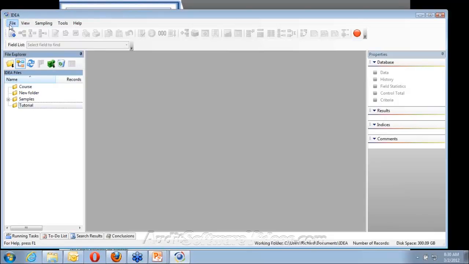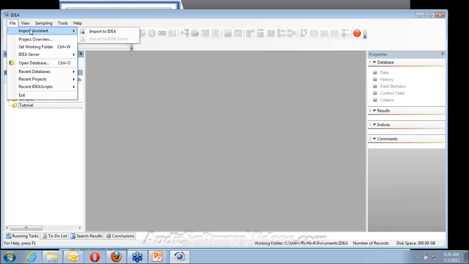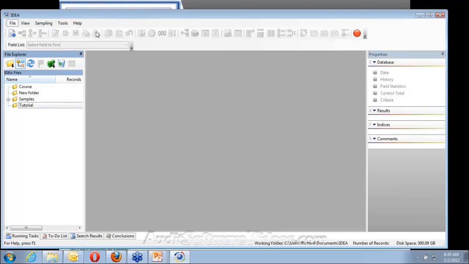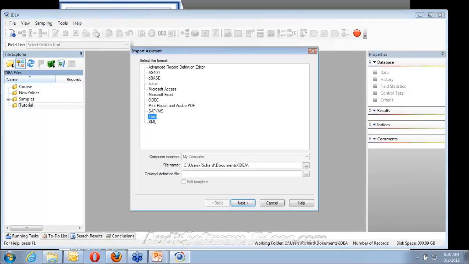So we'll go up to our File, and we'll go to Import Assistant. The first one that you've got to choose from, and then Import to IDEA. Now when you're importing to IDEA, you've got a whole pile of different things that you can import. You can import from an AS400, from DBase, from Lotus, Access, Excel,